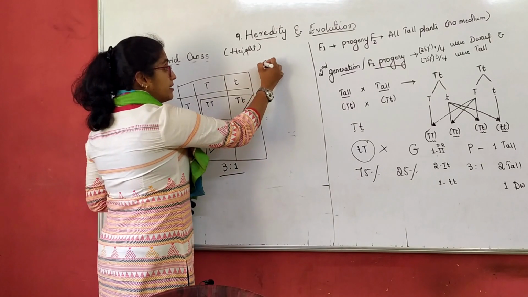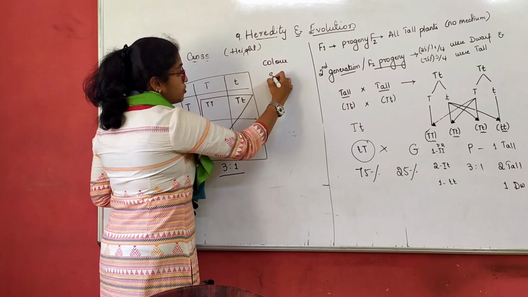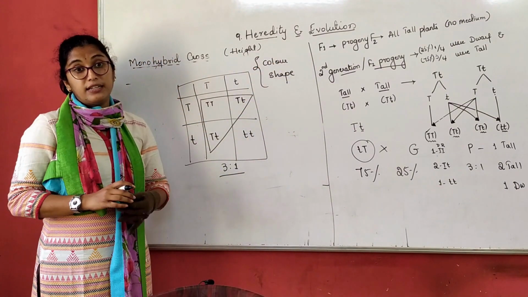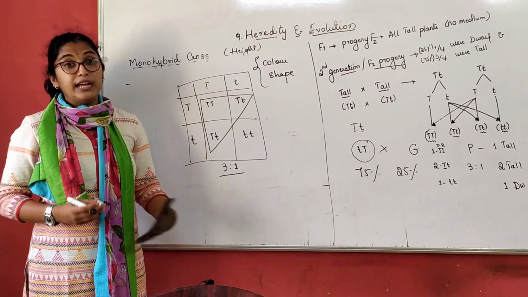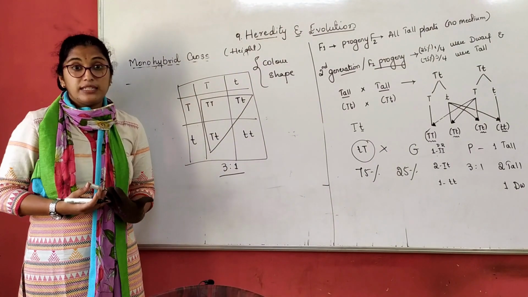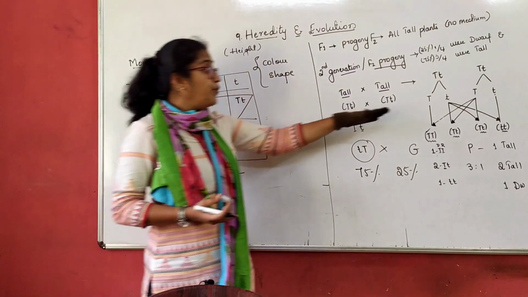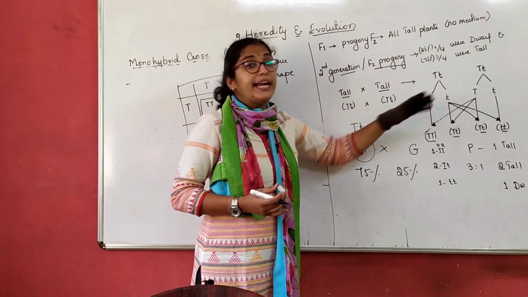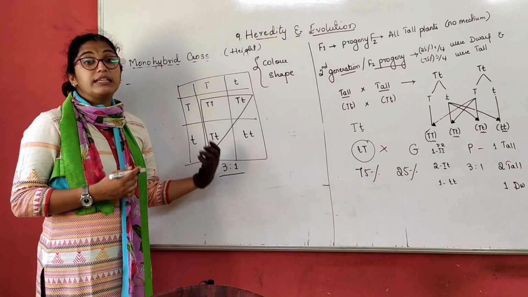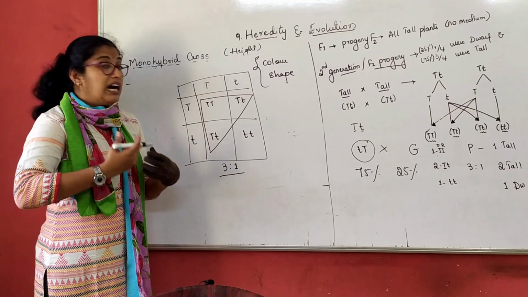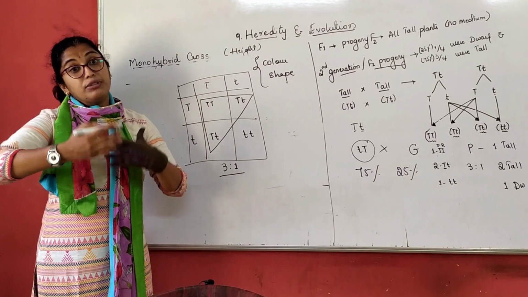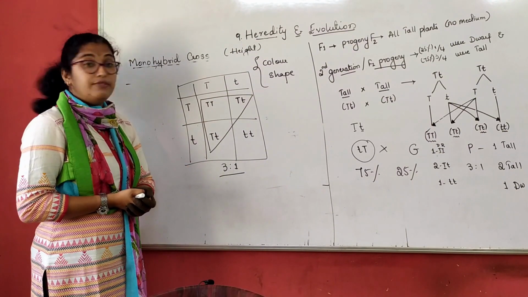He has chosen the color and he has chosen the shape of the pod, or shape of the seed, to understand in dihybrid how the alleles are expressed. In terms of both the characters, how do they express themselves. So when we talk about dihybrid, we can't be choosing this method here. It will be quite confusing. What is matching with what? At that point of time, the checkerboard method will give us the clear picture and understanding of how many alleles are expressed, how they are expressed, how they get segregated, how they get mixed with each other, and we'll see that in